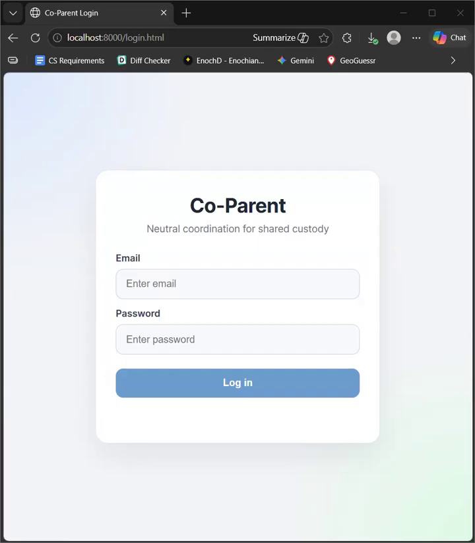Co-Parent is a web-based application designed to help divorced or separated parents manage shared custody in a more structured, neutral, and accountable way. Right now, most co-parenting coordination happens through informal tools like texting, email, phone calls, or shared notes. While these tools are convenient, they often lead to miscommunication, lack of clear records, and escalation during disagreements. For example, something as simple as rescheduling a custody day can turn into confusion about who agreed to what, when,